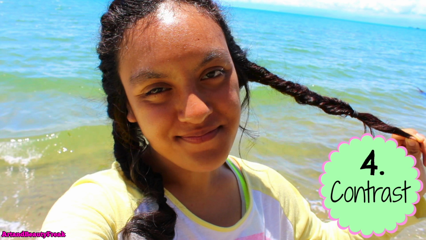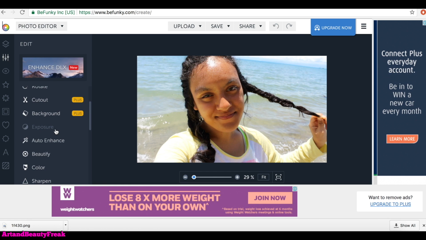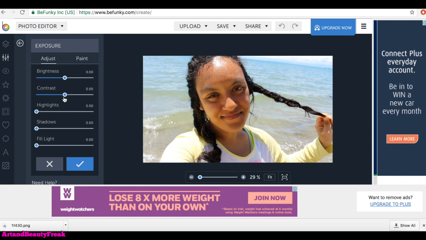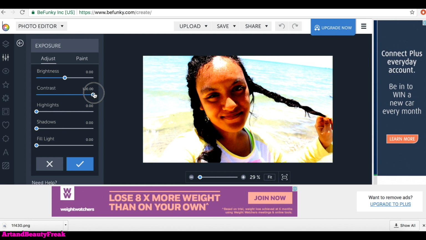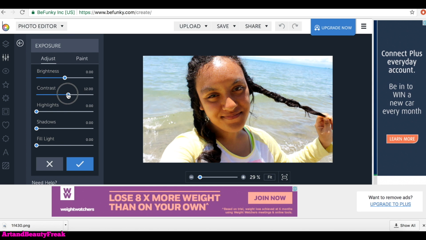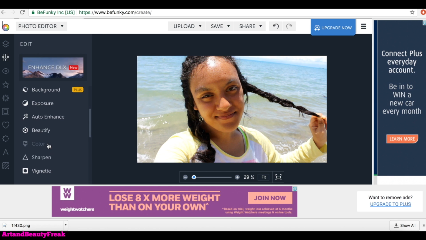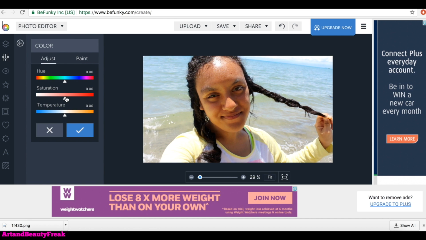So number 4, guys, is contrast and colors. What I usually do is I click on exposure first, and then I click on the contrast, and I usually put this around 4 or 6, it depends. And what this does is it makes all of the black more black. As you can see, if I make it 100, everything black becomes more black, everything yellow becomes more yellow, and so on. Then I go down and click on color, and here we have the famous saturation,